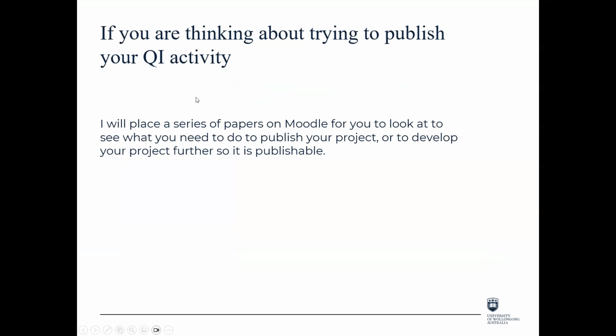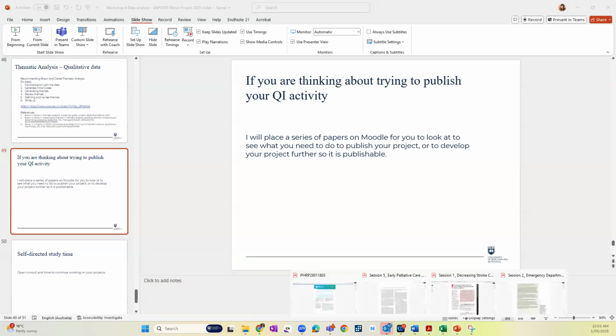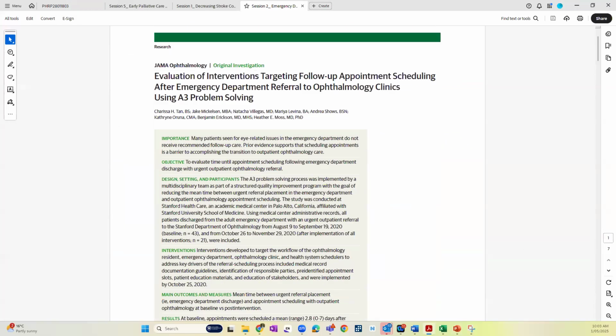The next thing I was just going to say, I'm going to put some papers online just to show you what you could do if you wanted to publish this at the end, or if you want to develop it further to try and publish it, just giving you some examples. So I'll put some example published papers online on Moodle afterwards. But I was just going to show you,